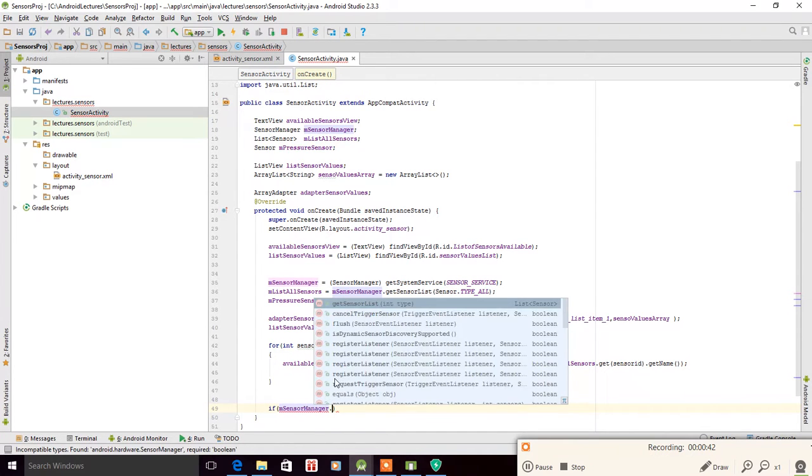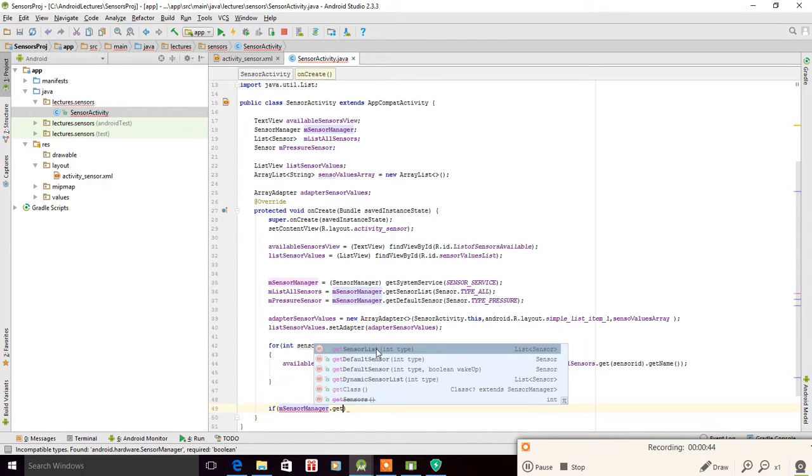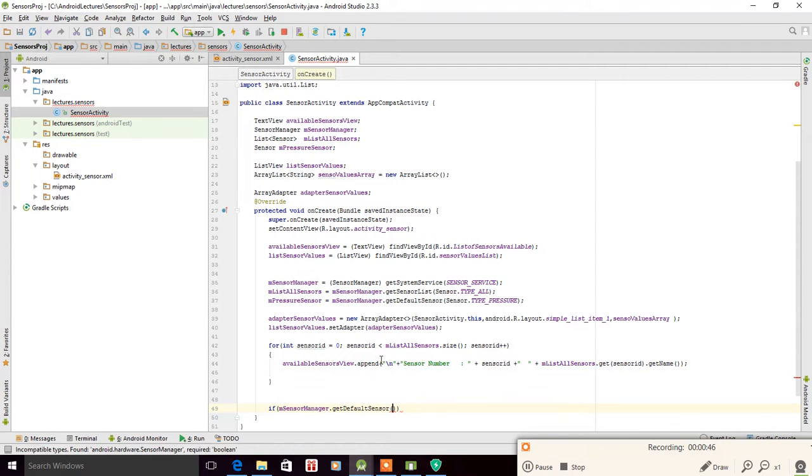We check get default sensor, to see that our pressure sensor actually exists, and we can easily check that by doing this: if get default sensor